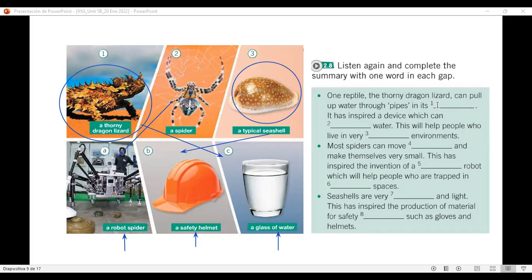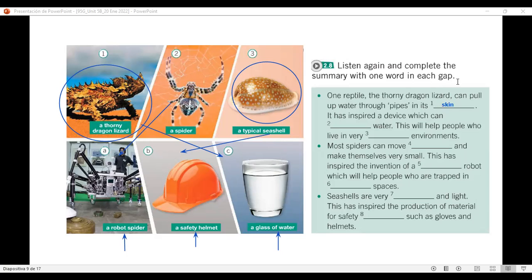What do you think? Skin. Very good, Javier. So it can pull up water through pipes in its skin. Sí, aquí nos dice que puede detener el agua a través de canales, ¿no? Como de tuberías que tiene en su piel.